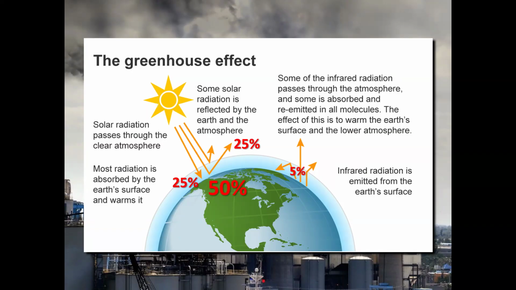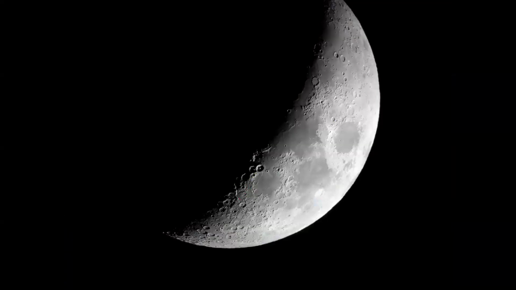And then as that heat radiates back out as a lower quality energy, because it's lower quality, it's no longer able to make it back out through the atmosphere as easily as it made it in. And so only about 5% of that is reflected out, and much of that gets absorbed into the Earth's atmosphere. And we talked about the impacts of that, how if we didn't have an atmosphere at all, the temperature variation between night and day would be very extreme.